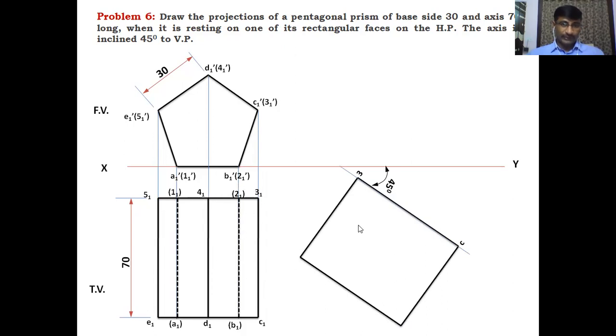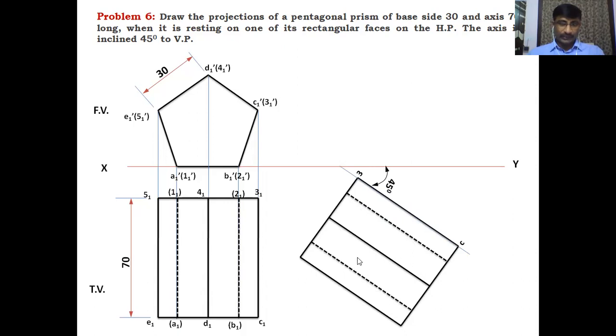You have to rotate this solid with an angle of 45 degrees with the XY line. After getting these points, you have to draw these dotted lines and the center line. That is the center dark line. That is also one of the edges, the longer edge, like this. These lines must be at the same distance from the outer edges. So measure this center line distance from the outer edge, locate the points and draw the center line, so that the center edge and the outer edge are at the same distance.